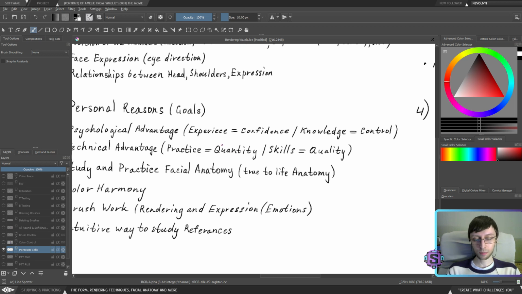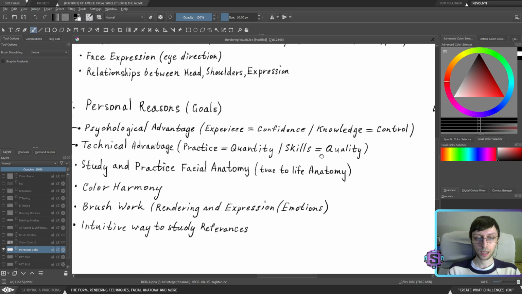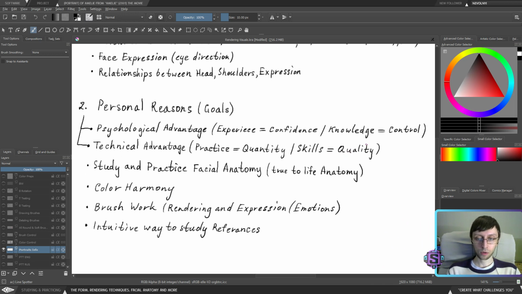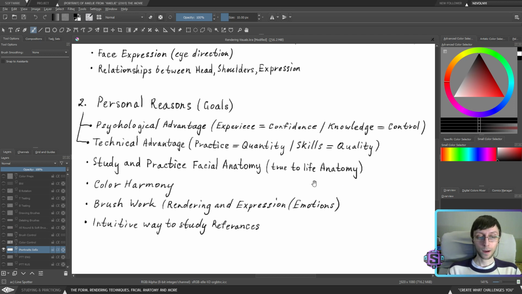The practice element will work with quantity, and the skills element will work with quality. They all depend on what your personal goals are and where you're headed in your artistic journey. But in most cases, for me personally, I established that I need to study and practice facial anatomy, actual true-to-life anatomy, not from the books.